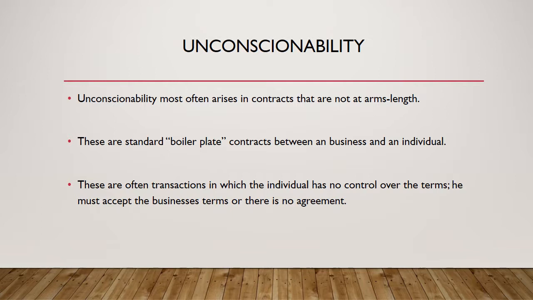So unconscionability usually comes up the most in contracts that are not at arm's length. We talked about the usury statutes, for example. Those are very one-sided. You have the big company that has created this form. It's their standard stuff. It's definitely boilerplate language that's slanted in their favor. By boilerplate, we mean it's standard, pre-written, pre-typed terms that are favorable to the party that's offering it,